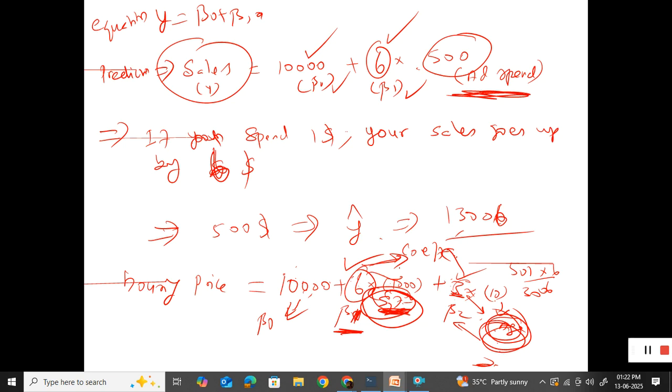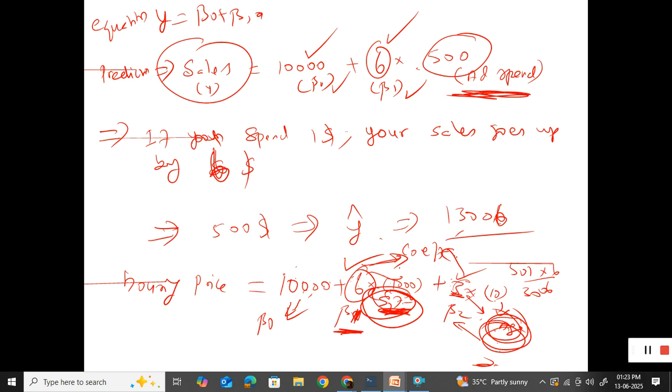Okay, coefficient value means beta naught and beta 1, both of them are called coefficients. Beta naught, beta 1, the intercept and the slope, both use the term coefficients. So what is the value for the coefficients now? They are asking for beta naught and beta 1, beta 2, beta 3 in the case of multiple linear regression. And the formula part we'll go through a little later. Okay, don't worry.